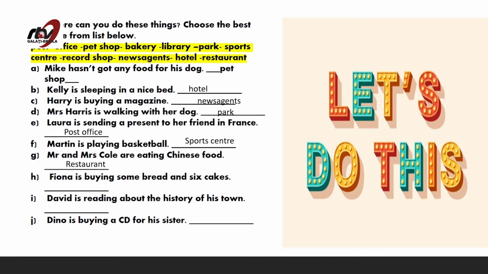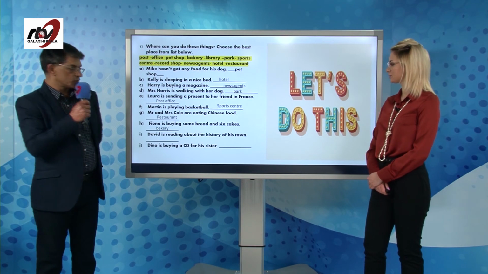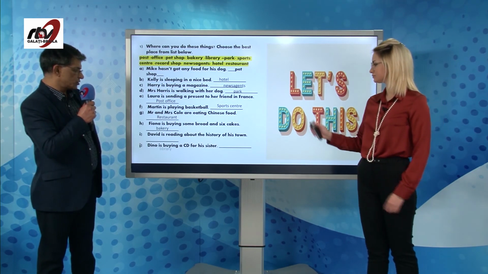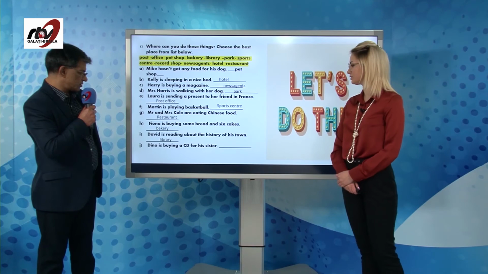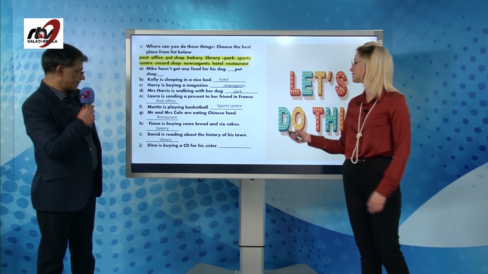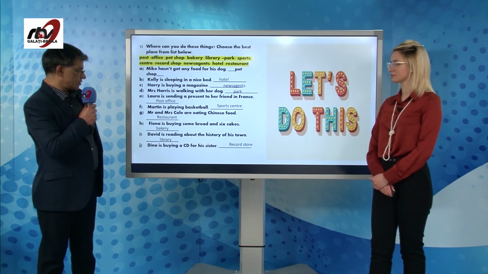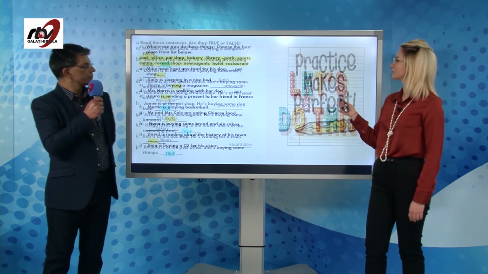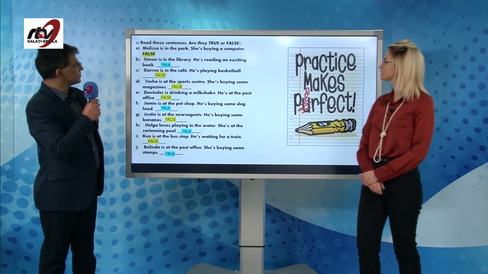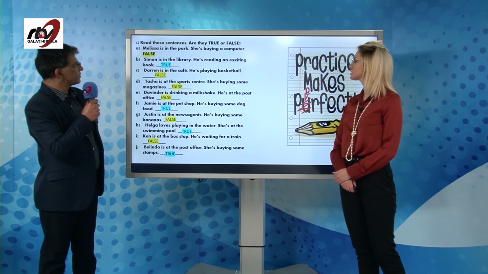Fiona is buying some bread and six cakes. At the bakery. David is reading about the history of his town. And this is in a library. And Dino is buying a CD for his sister. In a record store. All right, let's move on to our second activity, where we should mention if the sentences